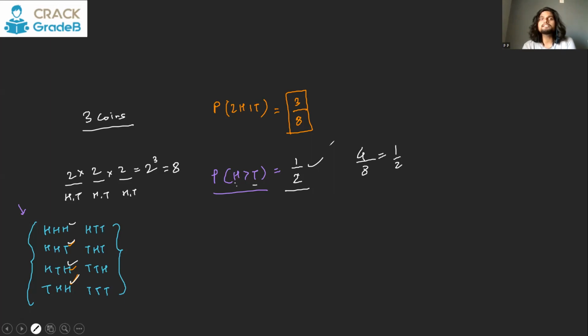Sometimes the question can be something where you have, say, 5 coins. Now listen to this question carefully, because writing it out will unnecessarily confuse you. If you say there are 5 coins, you take out 1 coin. Or let's say there are 6 balls in a bag: 3 black, 3 white.